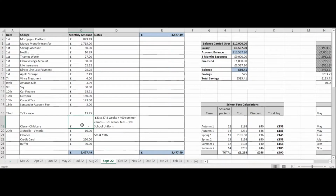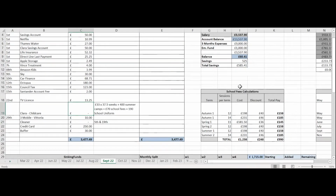And then I wanted to show you for the childcare. Now, I've done some school fees calculations because you can see here I've calculated it is 37.5 weeks per term. I have gone online and calculated how many sessions are in the term. So you see you've got autumn 1, autumn 2, spring 1, spring 2, summer 1, summer 2. So I've got 12 lessons in autumn 1. So if we do £16.50, which is basically how much it is per day, you can see here it says £33, that's per week, right? So it's £16.50 per day for the after school club. We multiply that for the 12 sessions, it's